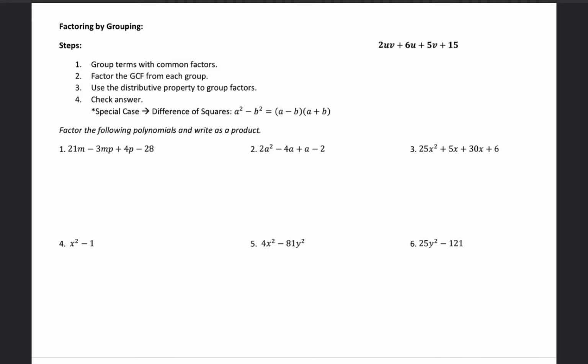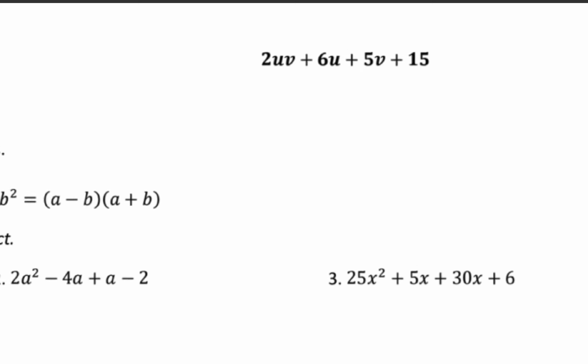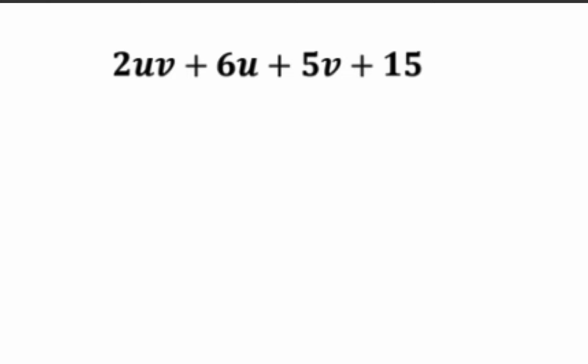Today we're going to be reviewing factoring by grouping. So we've gone over how to factor out the greatest common factor from an expression, but today we're going to be looking at expressions that don't have the same common factors all the way through. So if we take a look at this first example that we're going to go through in just a moment,